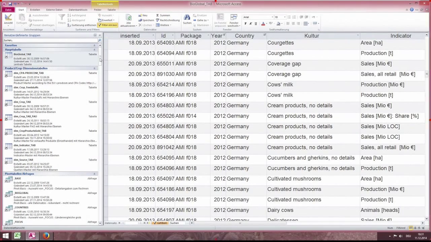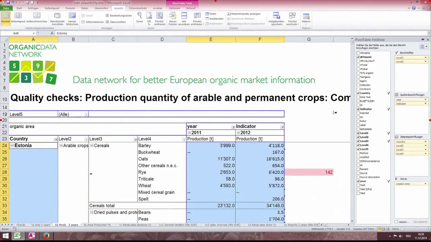All necessary details on how to build a database and what the key challenges are, you will find in our OrMaCode on the Organic Data Network website. And as a final step, I'll now show you how we extract the data from the database, how we analyze them, and how we do the quality checks. For this purpose, we use